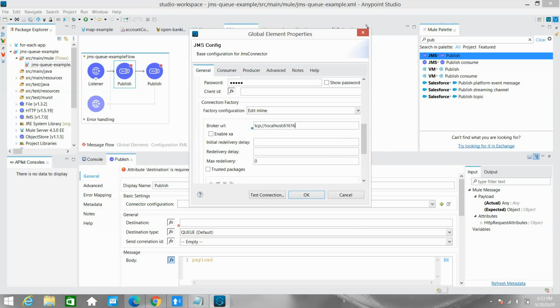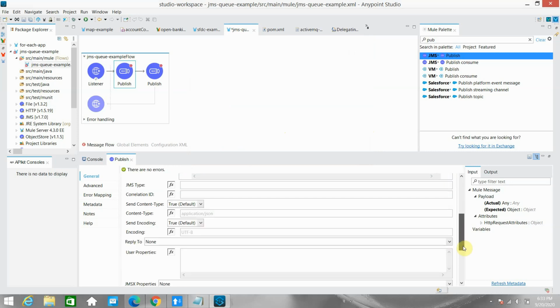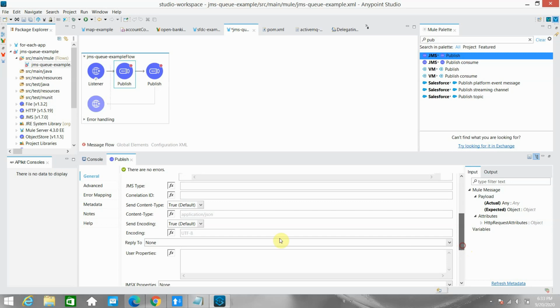This is my correct connection string. I can say OK. Here I can provide my queue name, that is tran1. If you want to define a content type, you can give application/JSON.